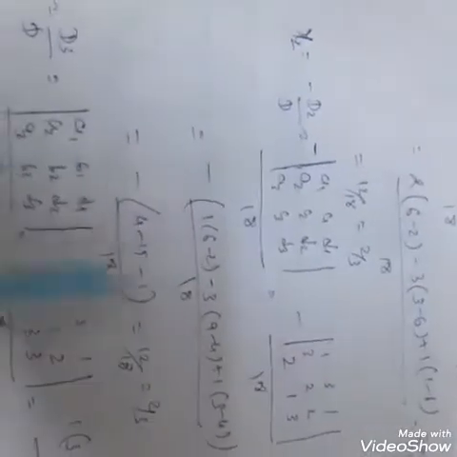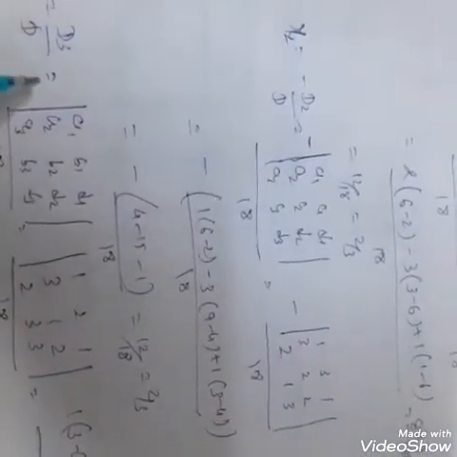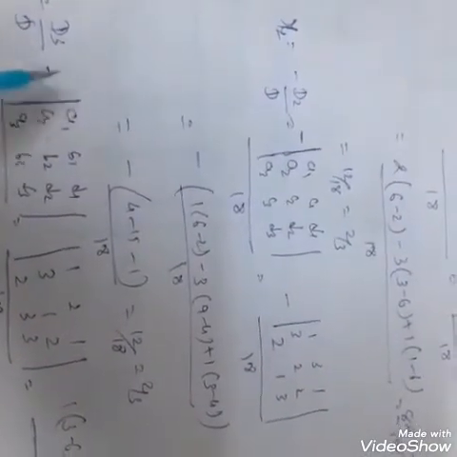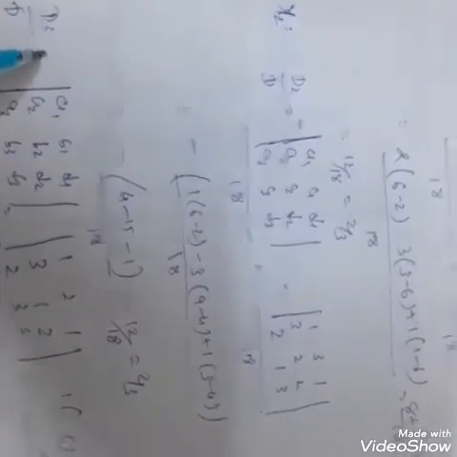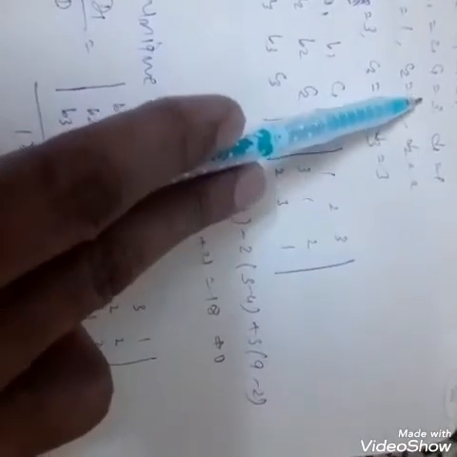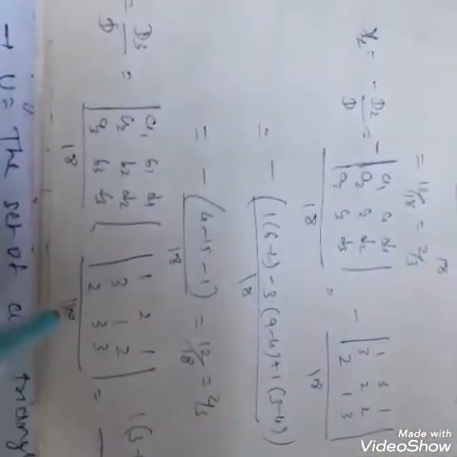Now we have to find the value of z, that is x3, means d3 by d, and z is the third variable. So we hide the coefficients of the third variable, means cancel the coefficients of x3, c1 c2 c3. So determinant 3 will be a1 b1 d1, a2 b2 d2 and a3 b3 d3. So values will be 1 2 1, 3 1 2 and 2 3 3.